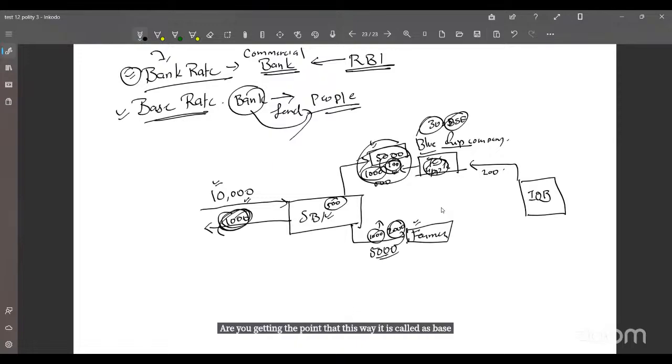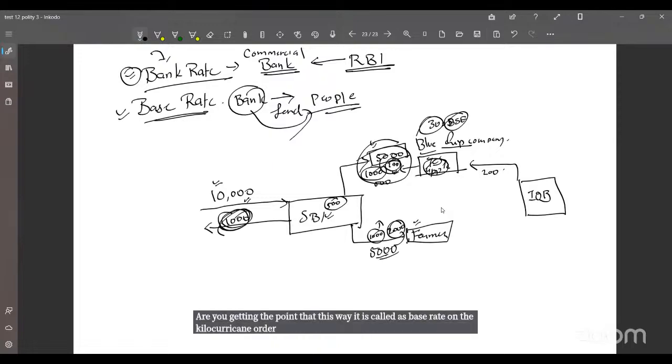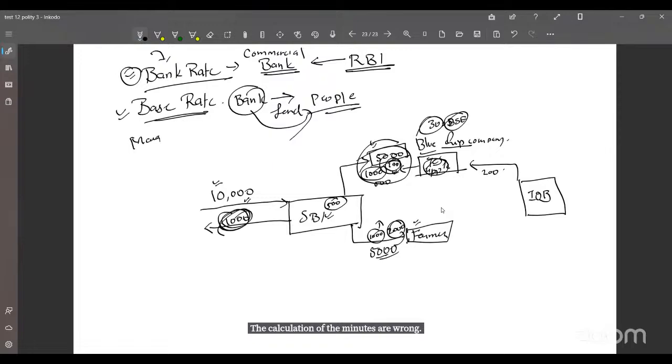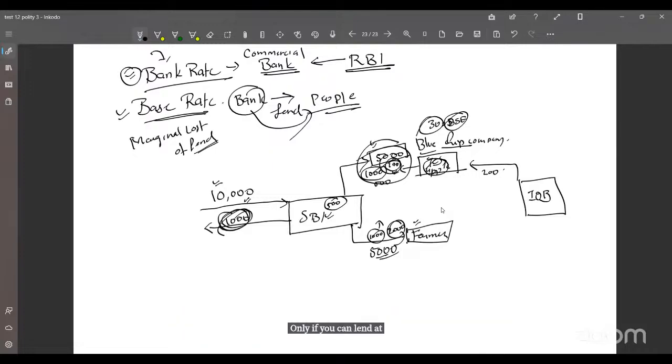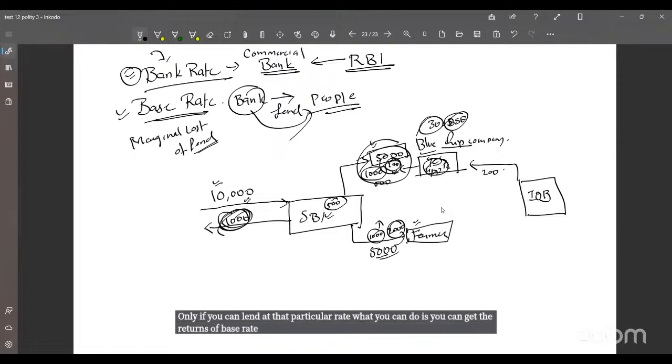அப்ப எந்த காரணத்தை கொண்டும் அது என்ன கம்பெனியா இருந்தாலும் அந்த 11% குறைக்க கூடாது. கெட்டிங் தி பாயிண்ட். தட் இஸ் வை இட் இஸ் கால்ட் அஸ் பேஸ் ரேட். அந்த கீழே குறைக்க கூடாது. அப்போ அது எப்படி பண்றாங்க? த்ரூ அ கால்குலேஷன். அந்த கால்குலேஷனை தான் நம்ம என்னன்னு சொல்றோம்? மார்ஜினல் காஸ்ட் ஆஃப் லெண்டிங். நீங்க லெண்ட் பண்ணணும்னா ஒரு காஸ்ட் கொடுக்கணும். அந்த மார்ஜினல் காஸ்ட் ஆஃப் லெண்டிங்க நீங்க அந்த இன்ட்ரெஸ்ட் ரேட்ல இருந்து எடுக்கிற மாதிரி இருக்கணும். அதுதான் மார்ஜினல் காஸ்ட் ஆஃப் லெண்டிங் ரேட்னு சொல்லி, only if you can lend at that particular rate, you can get the returns அப்படின்னு சொல்றதுதான் பேஸ் ரேட். இப்போ பேஸ் ரேட்டுங்கிறது ஒன்றும் இல்லை, the rate at which you have to give the loan so that the returns would be manageable. Getting the point?